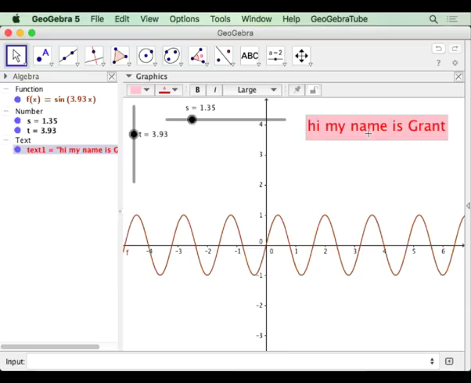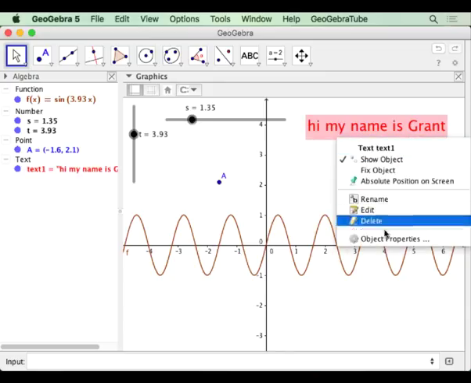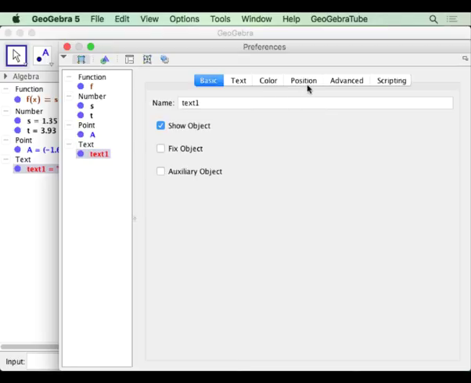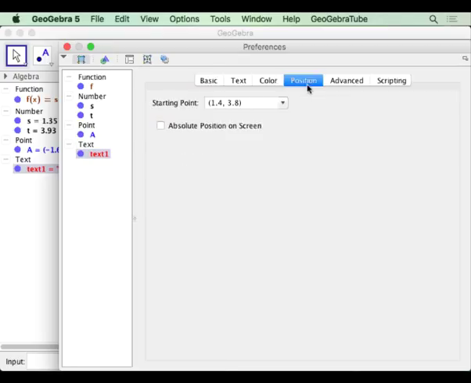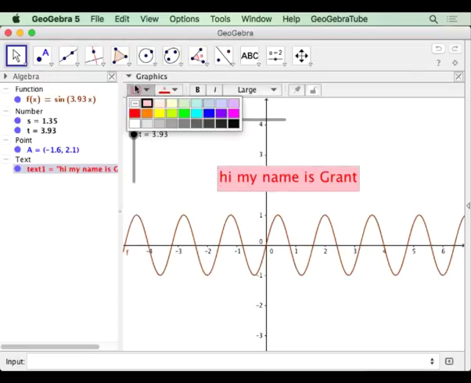One nice thing about text boxes in GeoGebra 2 is I'm going to create a point. I'm just going to drop a point called A. If you go to the object properties of the text box, there's a tab that says position. And you might guess that's the position of where the text box is going to be, which is a pretty good guess. What this is looking for is a two-dimensional point. So if you feed it a point like 0, 0, it's going to put the text box at the origin. Or if you give it a point like A, which is the point we already defined, it's going to put this text box